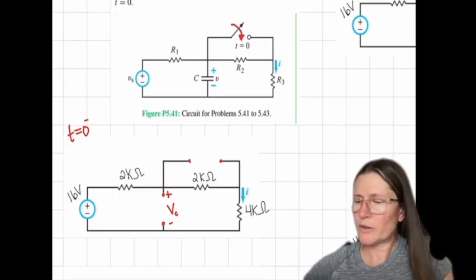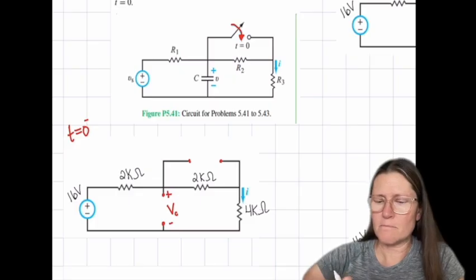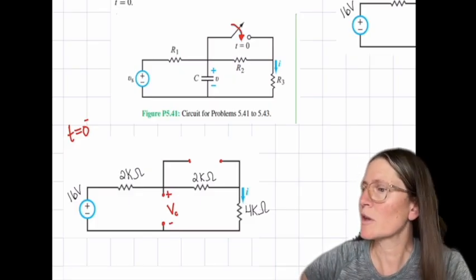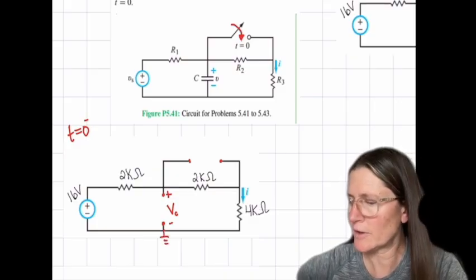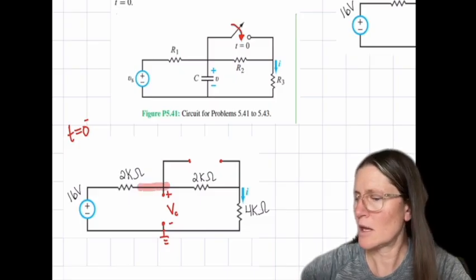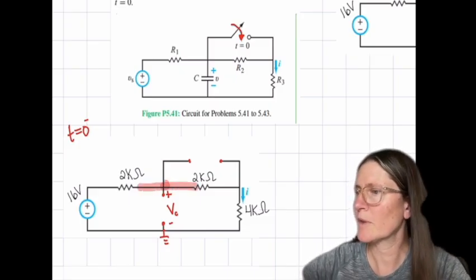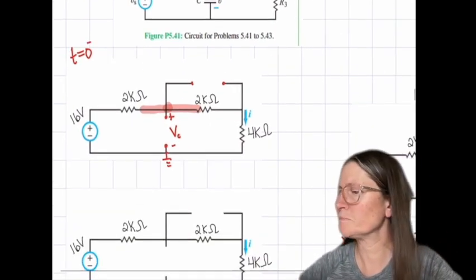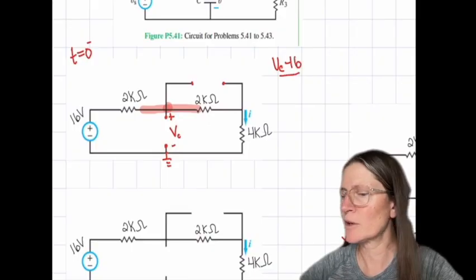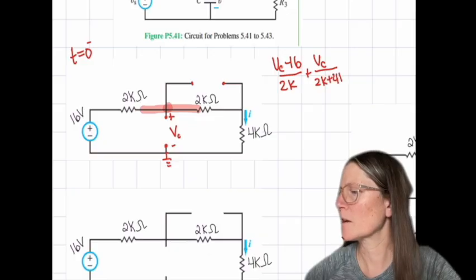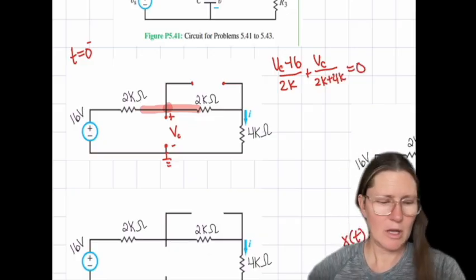So with this, we can then analyze this with node voltage, with ground on this side, and our node on this side. So the equation is going to be VC minus 16 over 2K plus VC over 2K plus 4K equals 0,